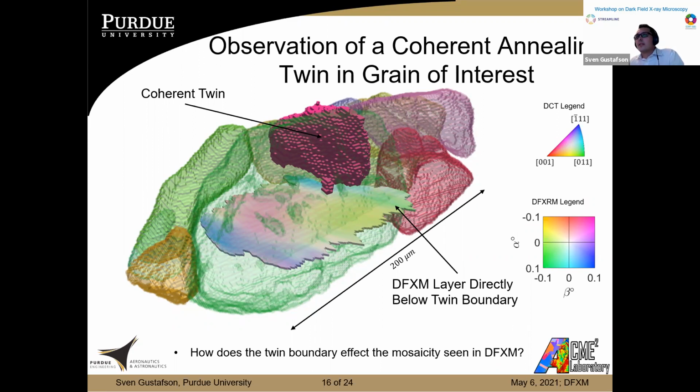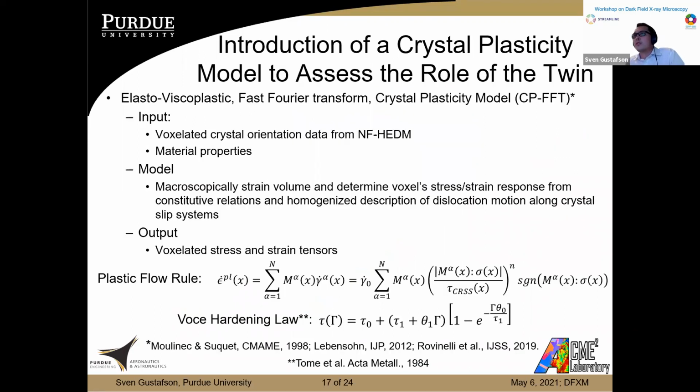So the goal now is we wanted to determine what effect this twin boundary itself had on the dark field layer that you can see there. In order to find this effect, we brought in the help of a crystal plasticity model. For those unfamiliar with it, effectively we give the model voxelated crystal orientation data from near field, as well as the material properties that we know, such as the hardening parameters and the stiffness tensor parameters. And then we macroscopically strain the model, similar to how we did